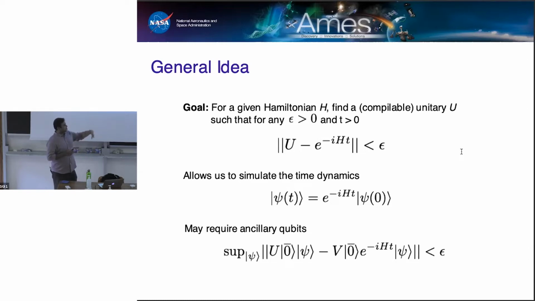And sometimes, we might also relax the condition at the very top line and say, well, okay, we might also make use of some ancillary qubits, right? So in other words, instead of actually epsilon approximating e to the minus iHt, we might implement some other unitary